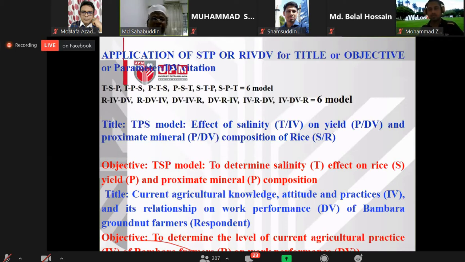If I write the title using the TPS model, then for the objective I can follow another model. This is good for plagiarism, and also good for English. That means we can recycle 6 times to write our title or objective. So please try to follow a different style when you write the title or objective of the introduction.